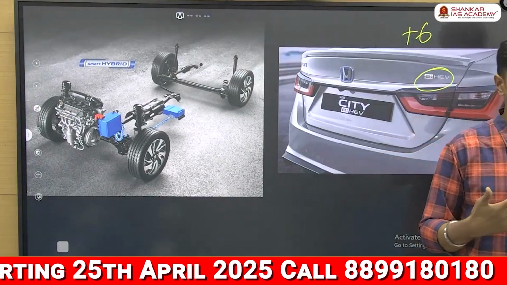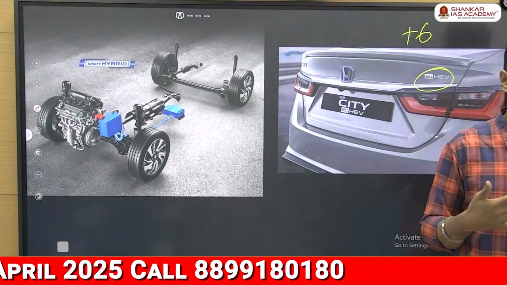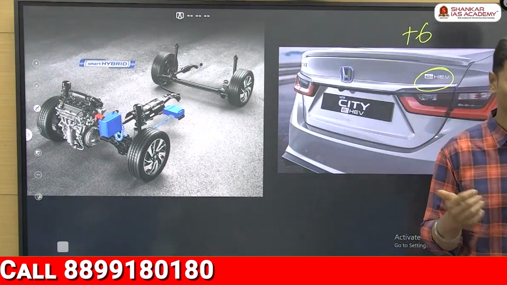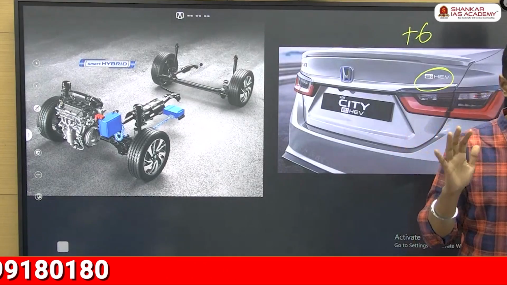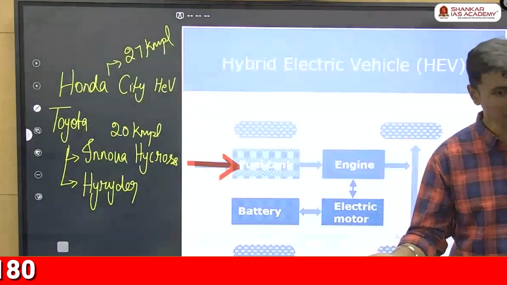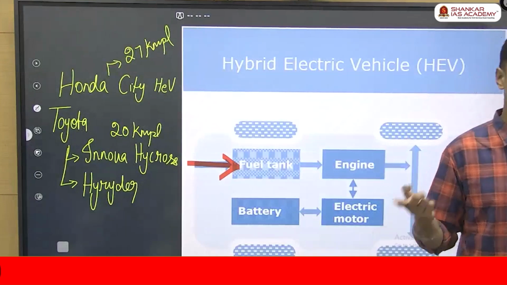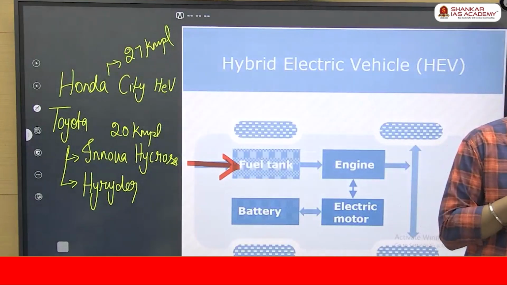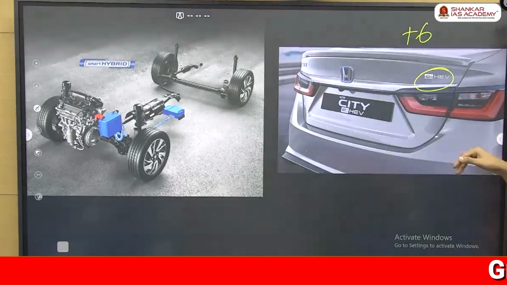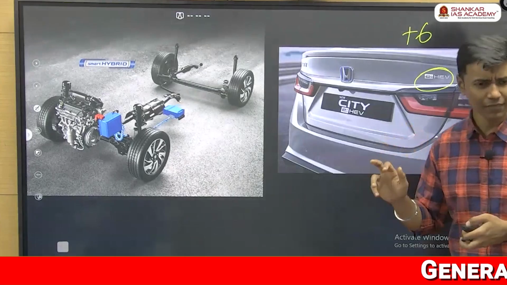But if you're operating it for a very long time, if you're a frequent driver who logs more kilometers, then this is beneficial. So it comes at a cost. It is comparatively costlier, but at the same time, you don't need charging infrastructure. Fuel efficiency is higher. These Honda City HEV, for example, at less than 40 km per hour,